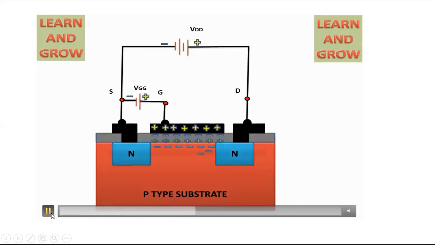What is the inversion layer? See, the gate is connected to the positive terminal. The gate is also connected to the P-type layer. The P-type layer contains majority charge carriers holes, minority charge carriers electrons. When the gate is connected to the positive terminal, all the electrons are attracted towards the gate and they form a layer called the inversion layer. The layer which is created because of minority charge carriers in a P-type, that layer is called the inversion layer, and all the holes are repelled or moved away from the gate terminal.